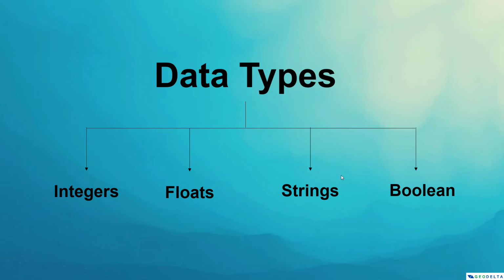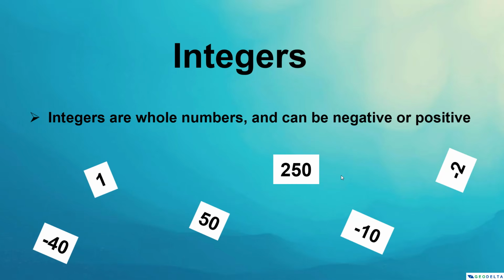So when it comes to integers, integers are actually whole numbers which can be either negative or positive, like 1, 2, 3, minus 10, minus 50. As you can see over here, many numbers that we normally use for day-to-day tasks can be categorized into this integer class. So the second data type that we are going to discuss today is floating point data type, which